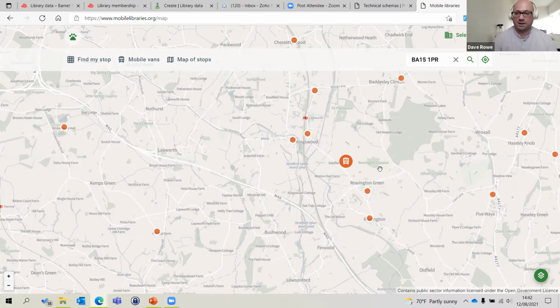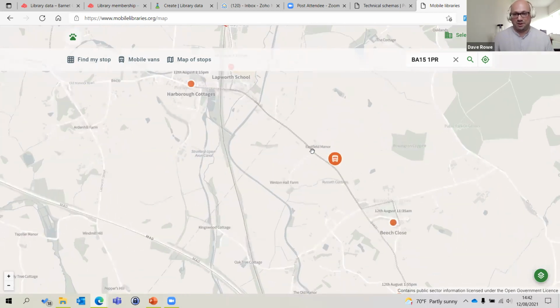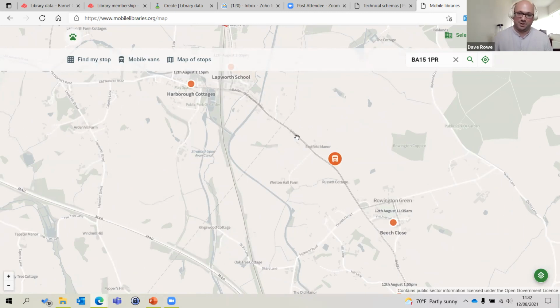I did imagine things like having dynamic stops, so almost like hailing your mobile library. So if you see that it's coming down the road, you go, oh, I want to grab a book or something like that, or I want to take a book back, and say, could you just stop, maybe at certain predefined locations, which I think is a lot better than